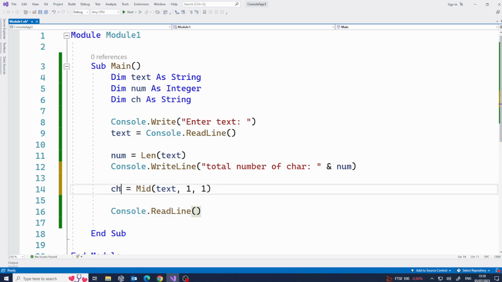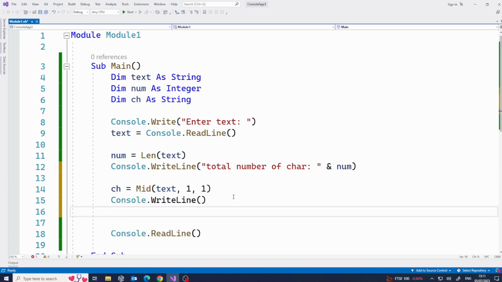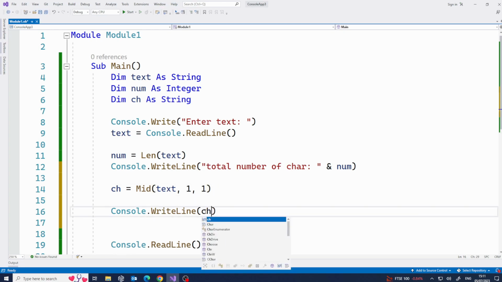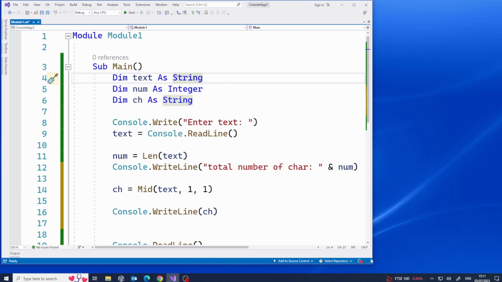Now what's happening? Store inside ch. Store what? Look at what this variable is, what is inside it, what is the first character. Return the first character and store it inside ch. Now if I display ch, Console.WriteLine, and I simply write ch, now if I run the program,